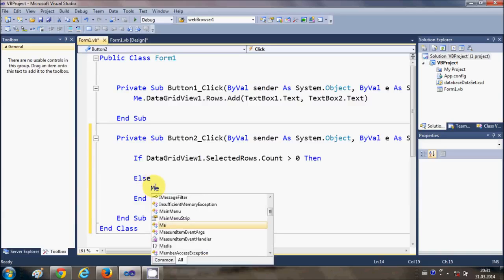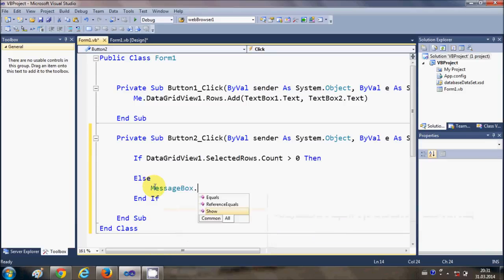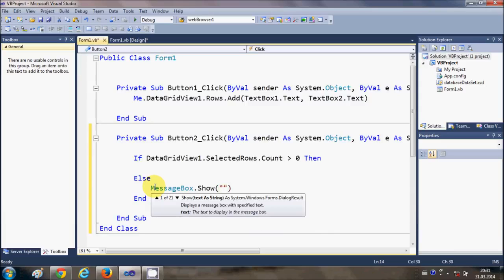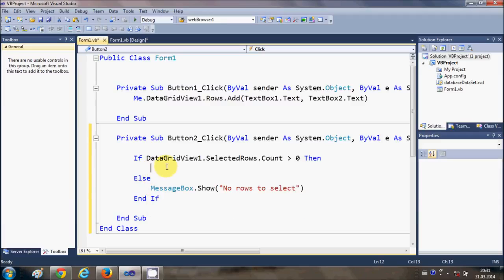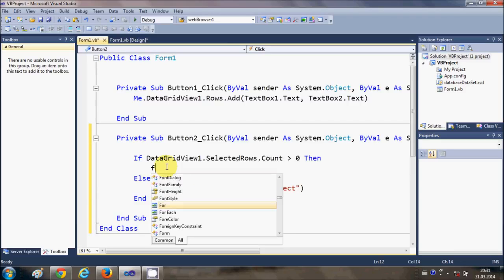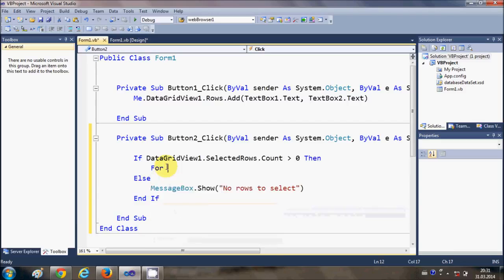So I will just show the MessageBox.Show that no rows to select. Okay, now in this if condition, what I'm going to do is I'm going to declare a for loop